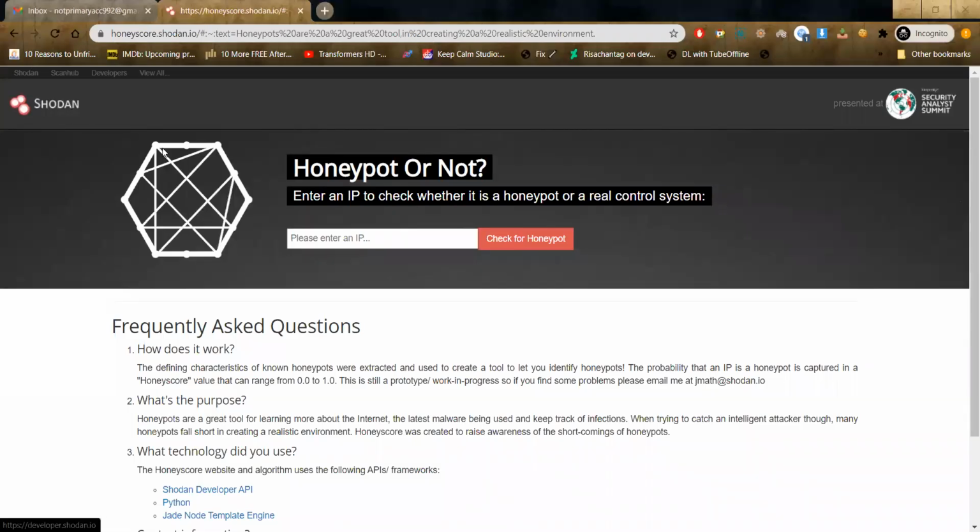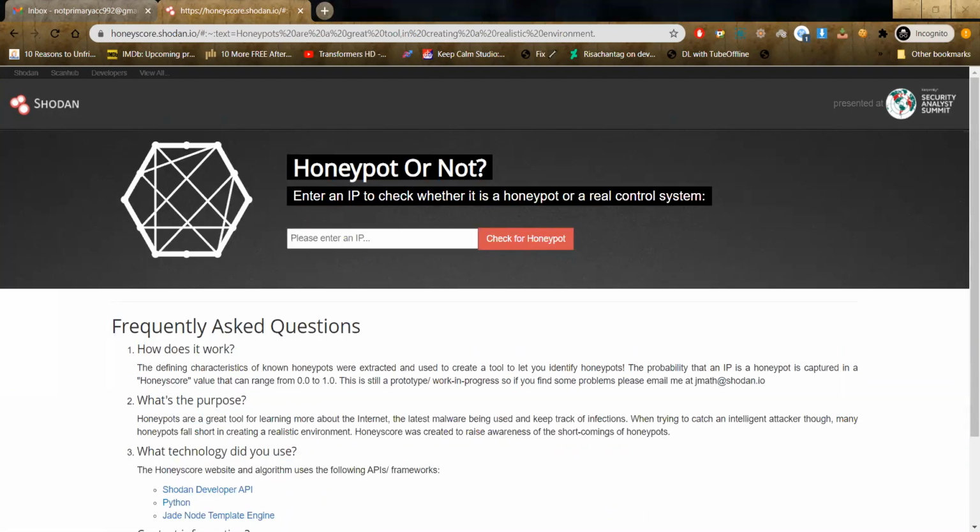There is a tool run by Shodan, and it's called Honeypot or Not. If you enter any IP address, it will tell you whether that IP is a honeypot or not. It will try its best to figure out whether the entered IP is a honeypot or not.